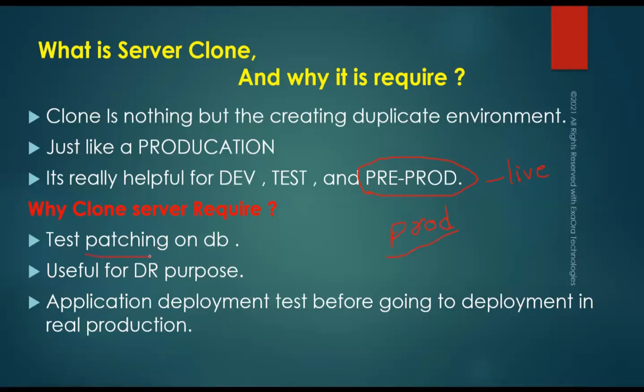It means if you have to apply a patch on the prod database, you first test the patch, so that if you face some issue in the patching environment, you can troubleshoot it before applying it to prod, because in production you won't get much time. Production is quite a critical environment for your business. Your company's business is running, so you cannot run trial and error commands there. So for trial and error you have the test environment, and we need to clone the production environment for it.